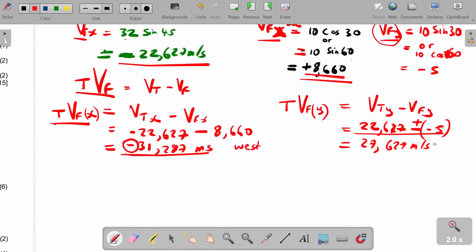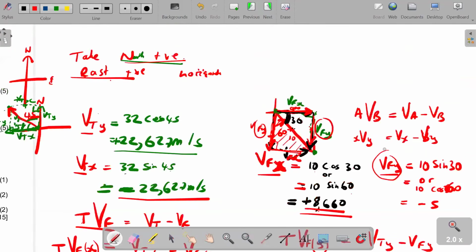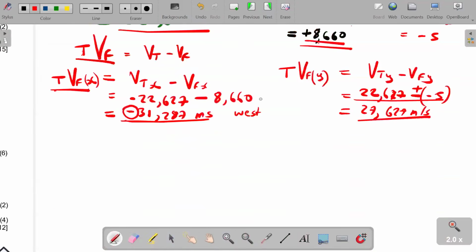Same applies with this one, the vertical component, VFY. It came out also as what? Positive. And what did we choose as positive? We chose north as positive. So it means this is going to the north. We already have the direction, right? You see that? So once we have done that, it means when we now want to calculate the last, which